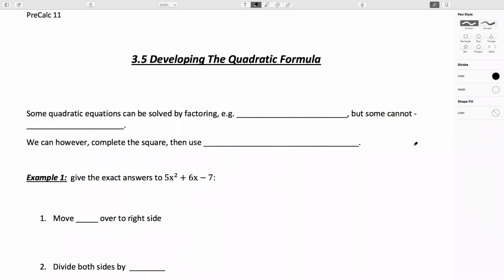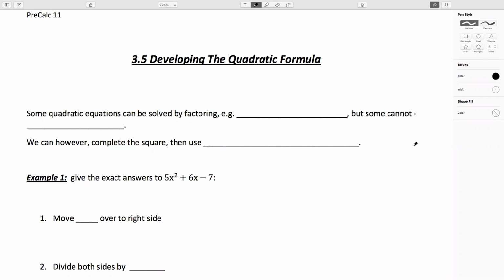We're just about to start the next video lesson, and today's topic is on developing the quadratic formula. So far, when we've worked with quadratics, we've solved them either by factoring them, or by using square roots and tricks like completing the square. And the topic today is all about coming up with a formula that can always find us the solutions without